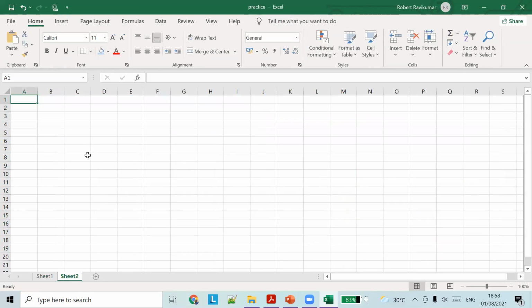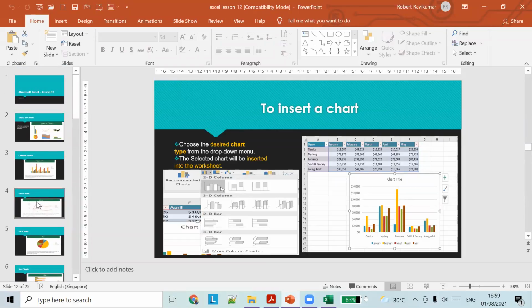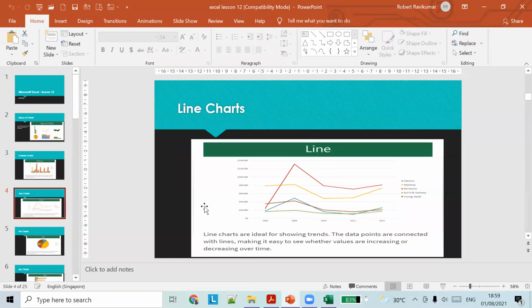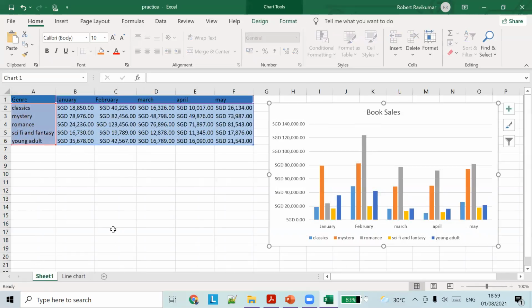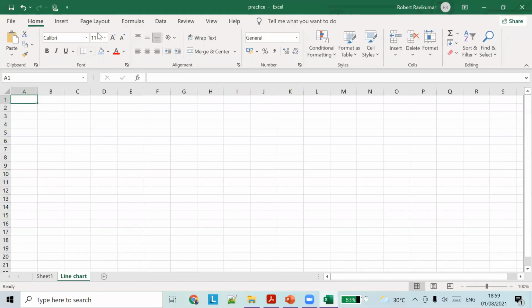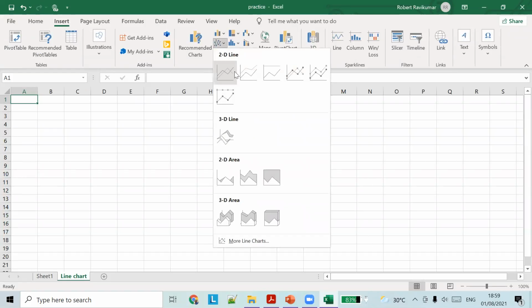So maybe the next chart we studied is the line chart, right? So we'll draw a line chart here. What I'll do is we have to select the chart data, right? So we have to select the data. The data is already selected, I guess. Insert. So this is a line chart.